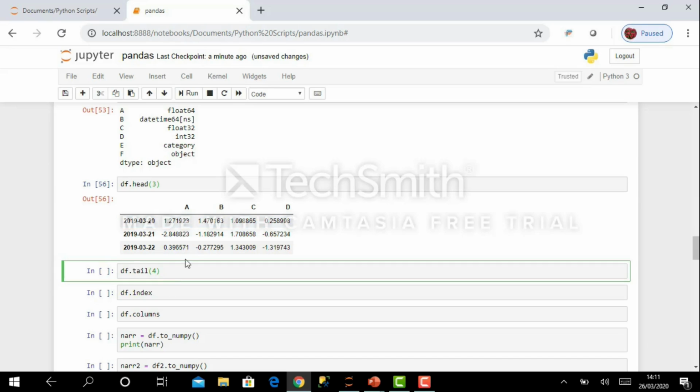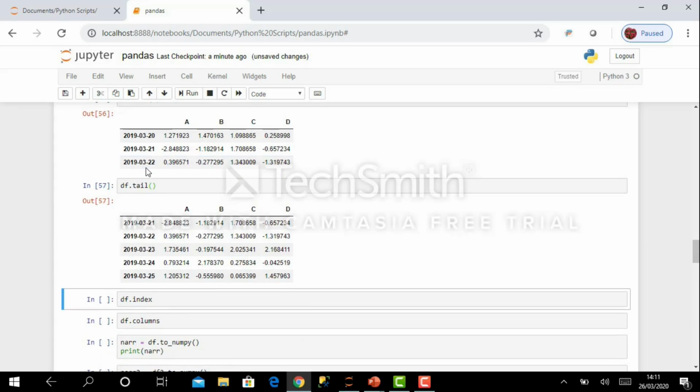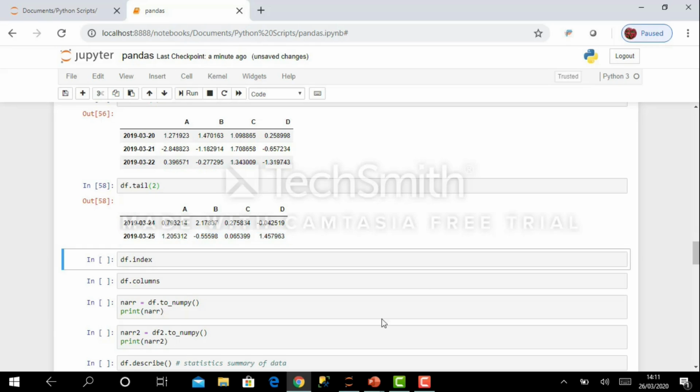Now similarly, this tail function, it gives you the last 5 records from the data frame. So you are getting last 5. Okay, so if I give 2 here, then you will get last 2 records. Okay,